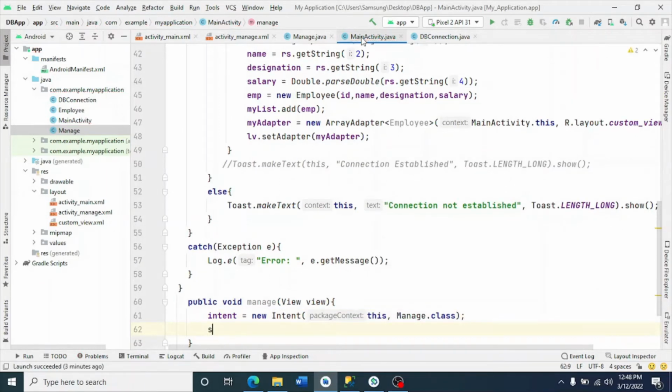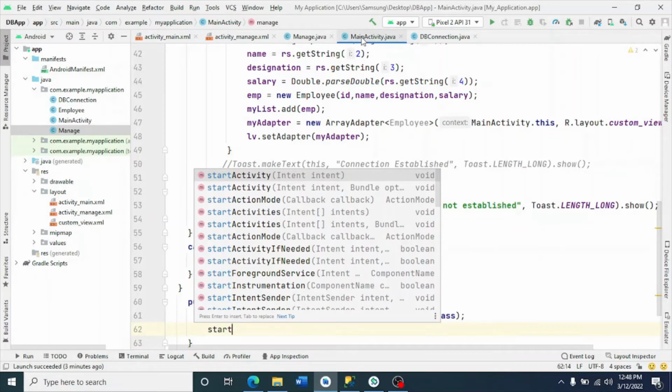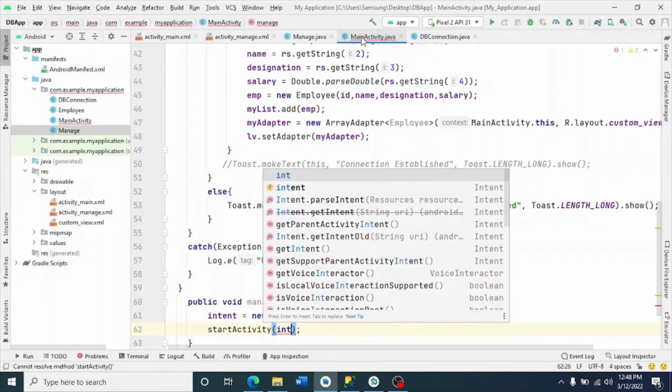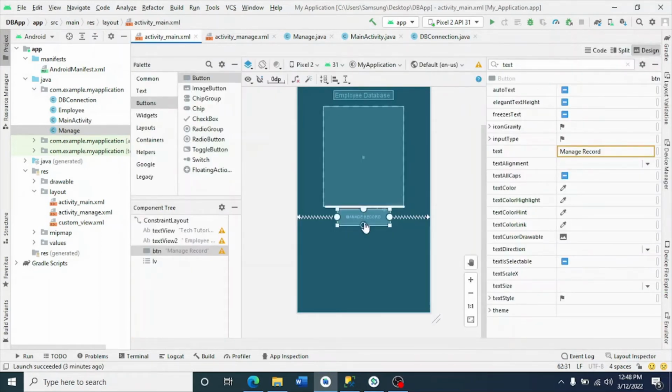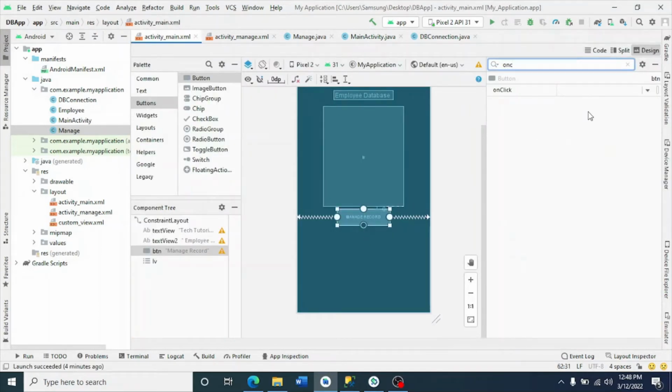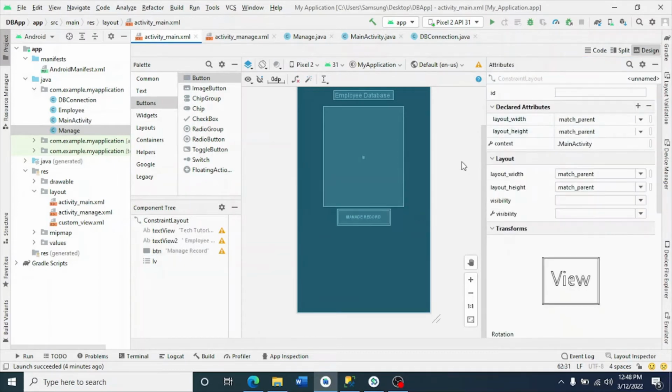After that, start the activity by using this intent. When we click on this button, it should open the manage activity. For this purpose, the onClick method is manage. So when you click on this manage record button, it will open this